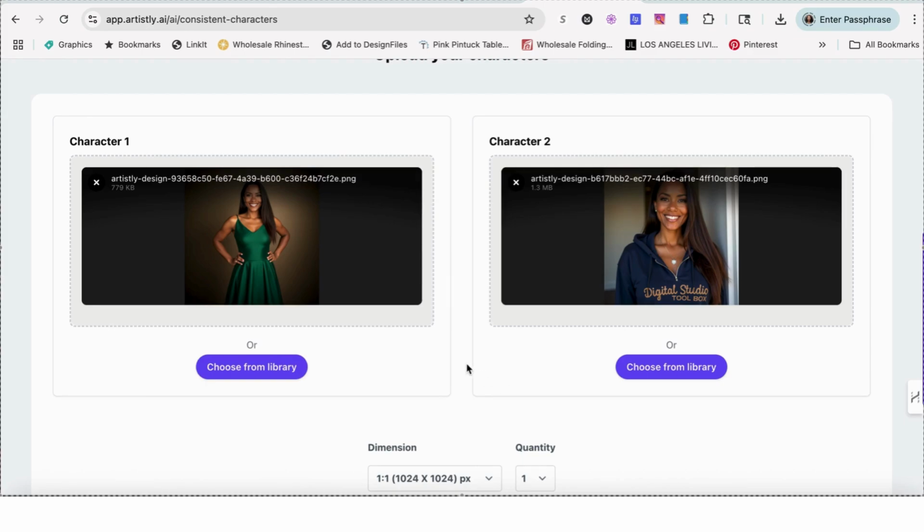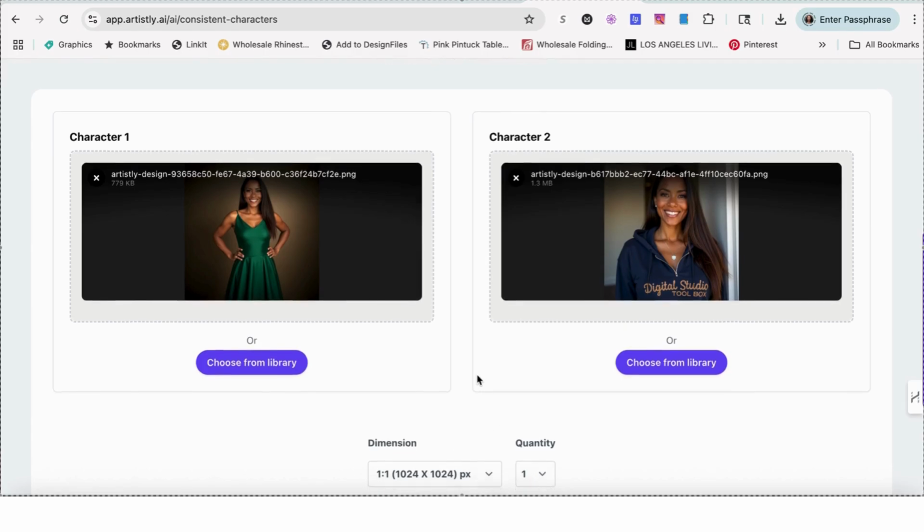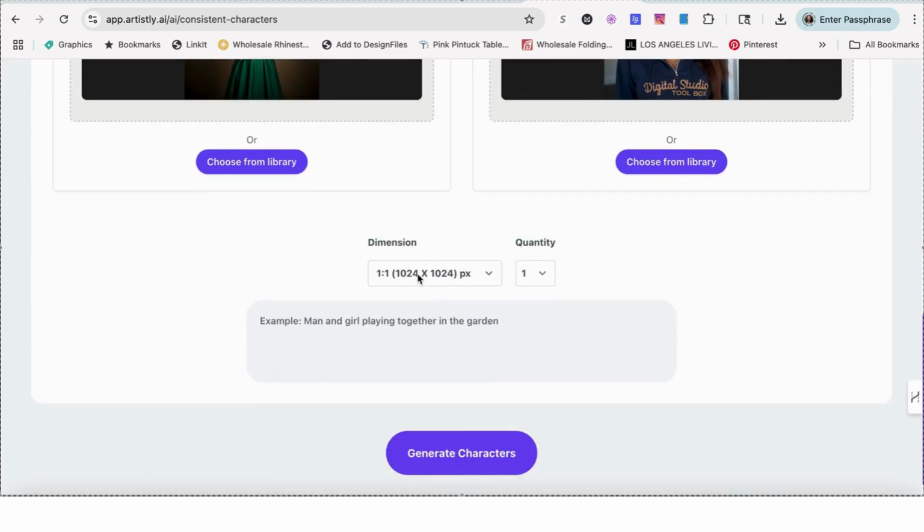This is something I kind of like about Artistly, because it almost makes your learning fail proof, because you can't move forward unless you complete all the tasks in order to go to the next step. So now we're going to keep this in the aspect ratio of 1 to 1, and we're going to put on here